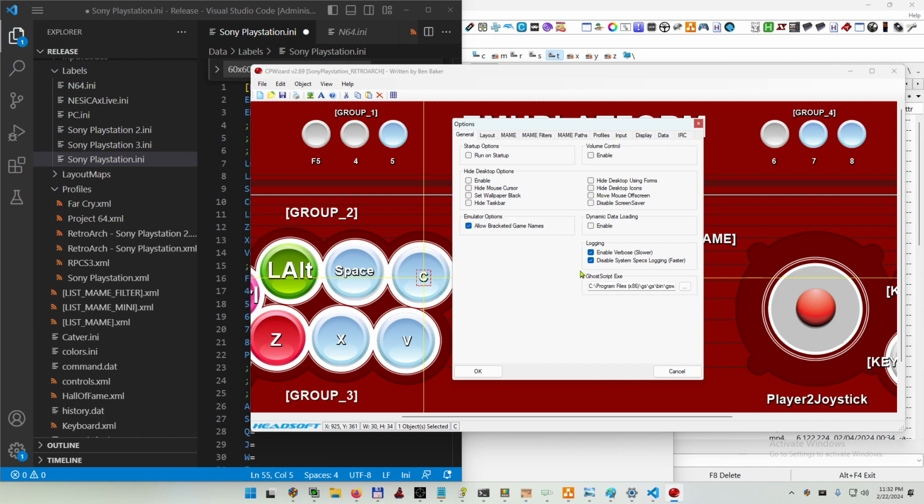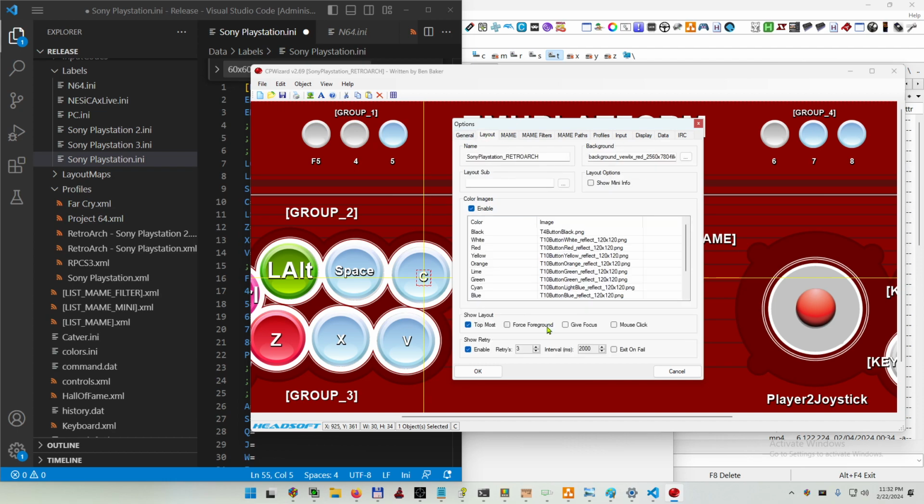Okay, let's see what else I can do. I'll make sure dynamic data loading is unchecked. This will mess up when it tries to find the key match with MAME. So make sure this is always set to disable. I also uncheck all of these options. I just keep topmost. I don't check give focus or foreground because it will move your mouse cursor to the